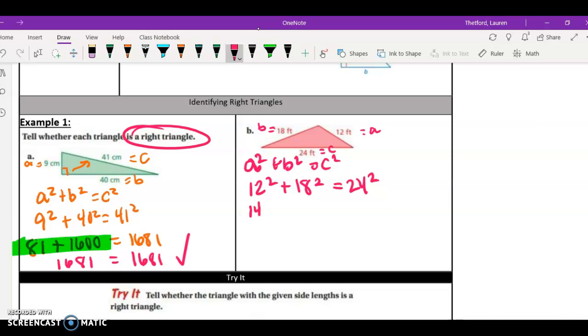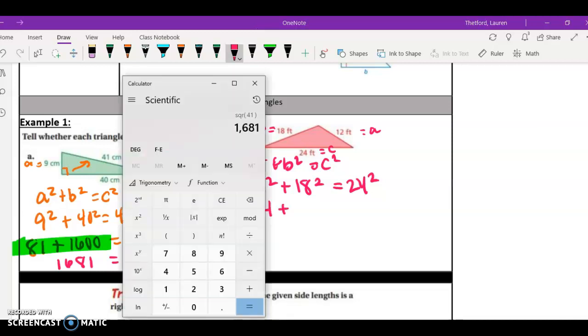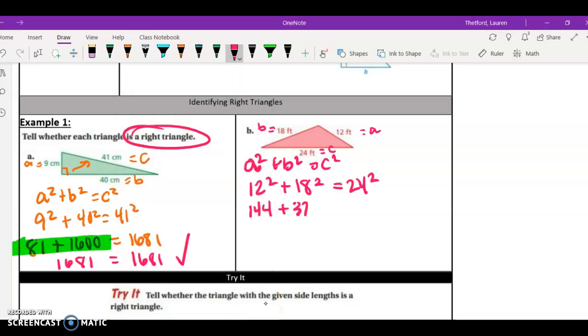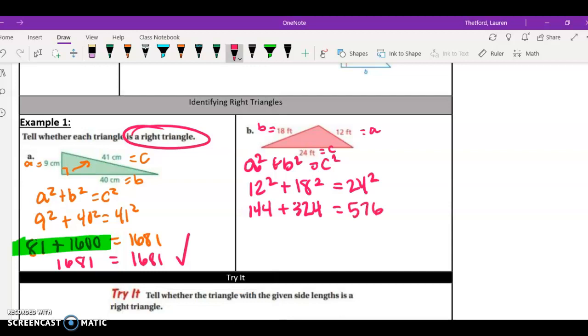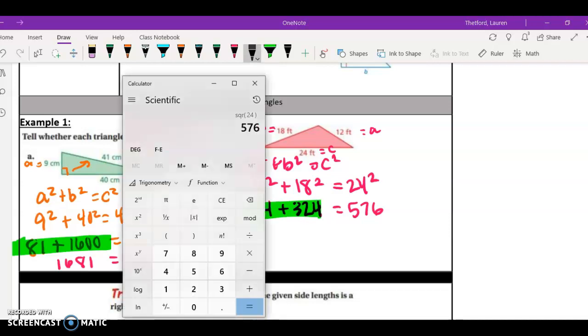So we have 144 plus 18 squared, and we get 324, equals, and then 24 squared is 576. So let's add this side together and let's see if we get the same thing. So we are going to add,